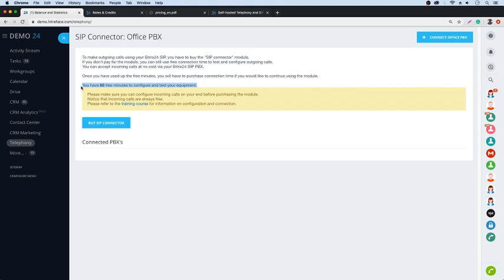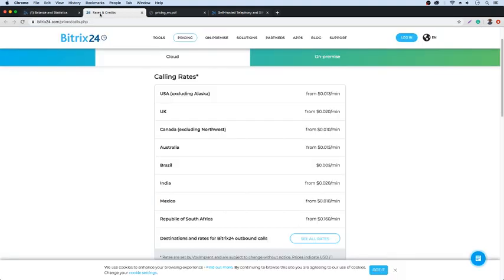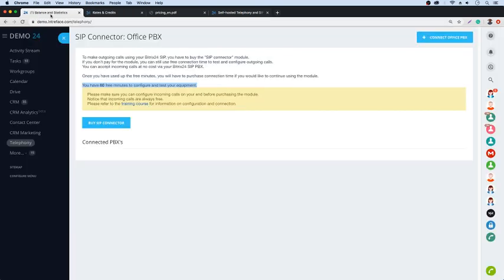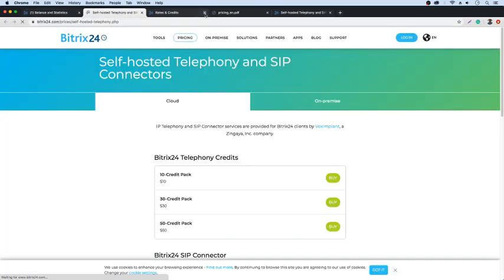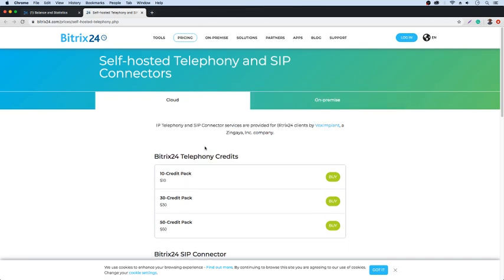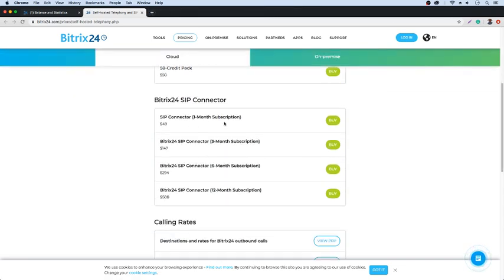You cannot connect a PBX up into Bitrix without purchasing the SIP connector in the long run. You only get the 60 minutes free at the beginning and then you have to purchase a SIP connector. And the SIP connector is available to see if we go into the top up area again. So if I click on top up, then you will be able to see down here that the SIP connector